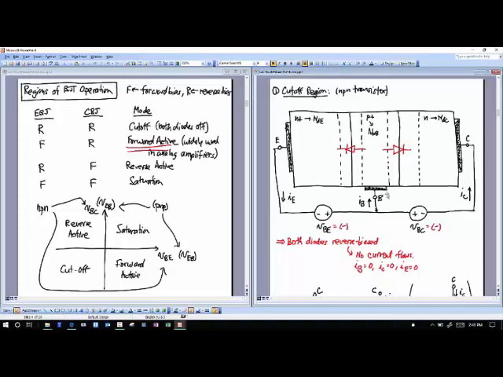Very little current even flows into the base as well. So I could say IB equals 0, IC equals 0, IE equals 0. You know better than that. You know that in reality there's a finite amount of current flowing. There's a reverse current that flows through these diodes even when they're reverse biased. But my approximation here is basically that the currents are 0. That's a good approximation if you have this transistor in a circuit with other transistors that will have a lot more current flowing.